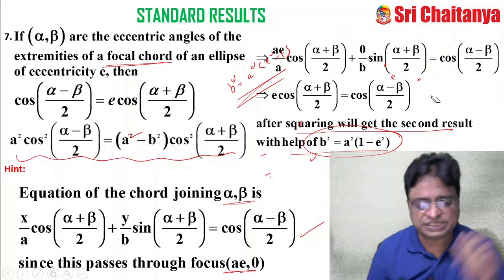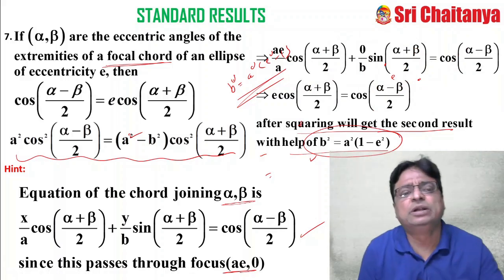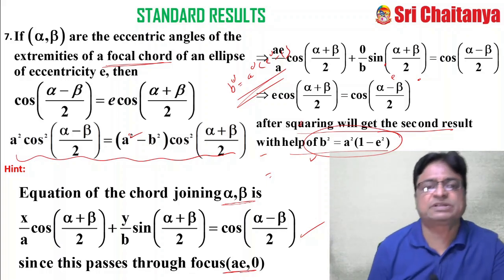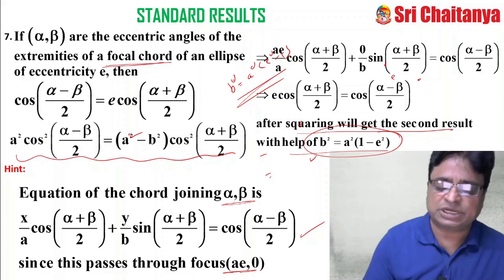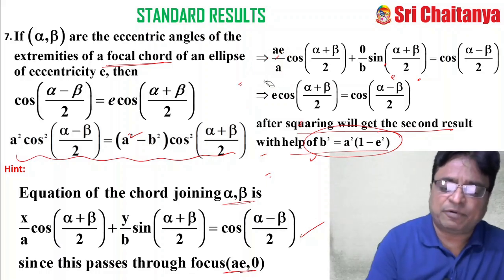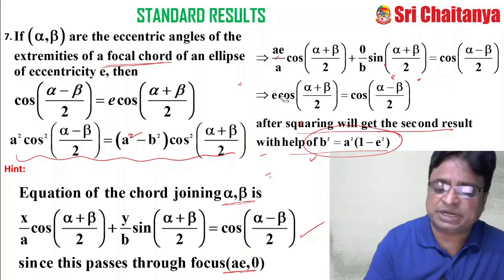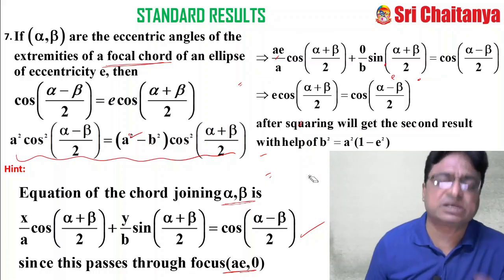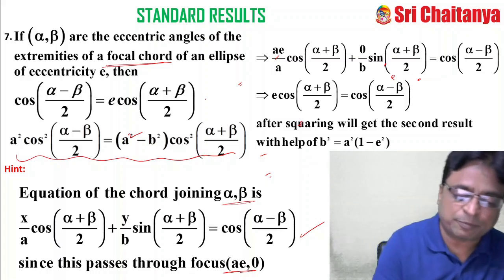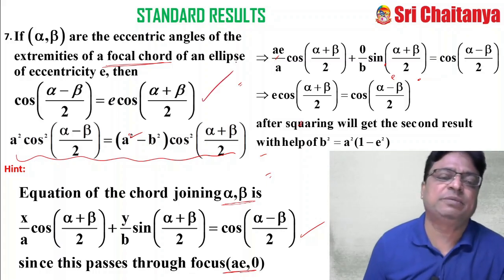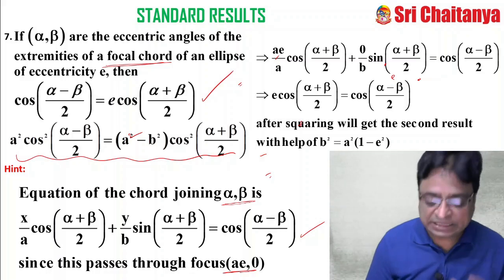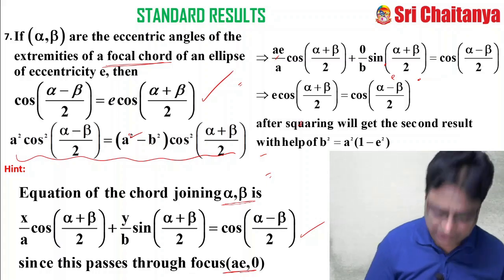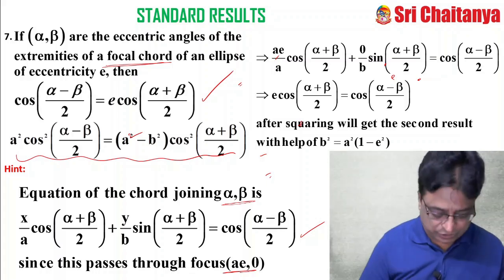Moreover, this is also an important formula to find the eccentricity. And this kind of formula is useful even for numerical value problems. They may give a question like this: let pi by 3 comma pi by 4 be the eccentric angles of the extremities of the focal chord of the ellipse. Then what is the eccentricity of the ellipse? If they ask a question like this, and if you have practiced this formula, you can substitute those alpha and beta and get the answer here. Like that, questions we may expect, and with this they may develop other problems also. That's why they are called standard results.